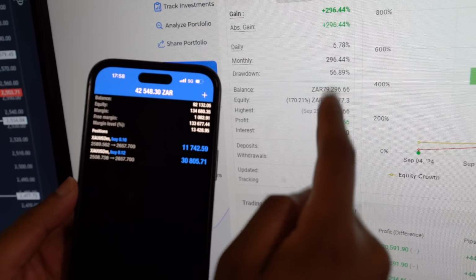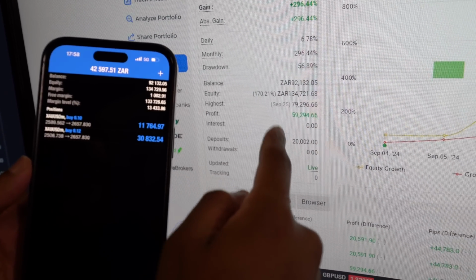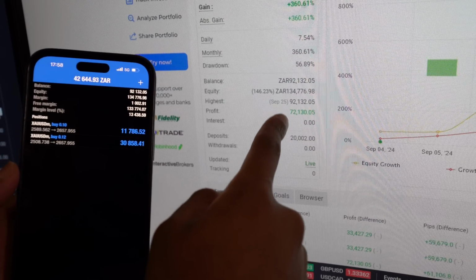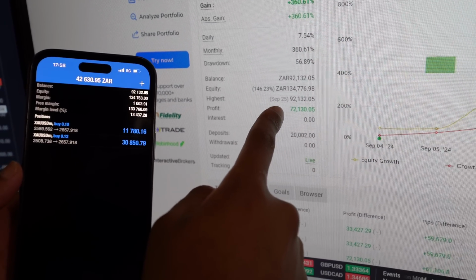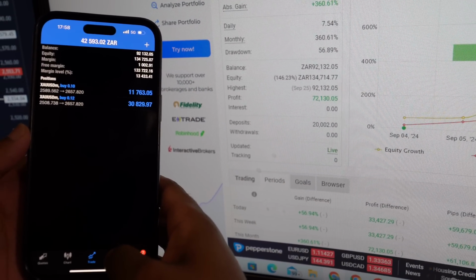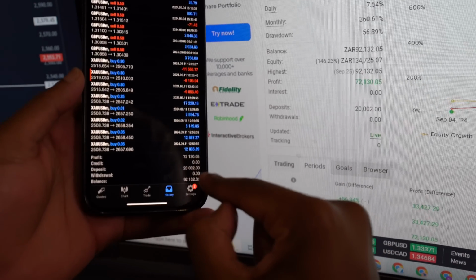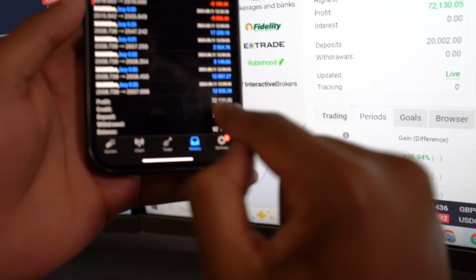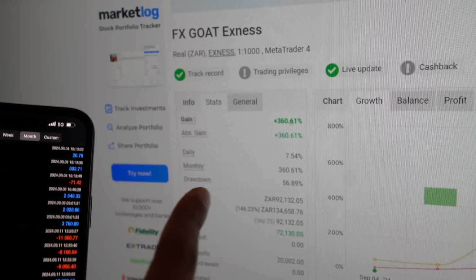You can see over here it's approaching month end, and I want to be able to make my withdrawals. So I'm growing the account. You can see that's the profits I made. It just gives me an update. This is the current highest high of this account, and obviously that is the overall profits that I just made. Just giving you guys a live update over here. Obviously it's a live account that I'm currently trading with a